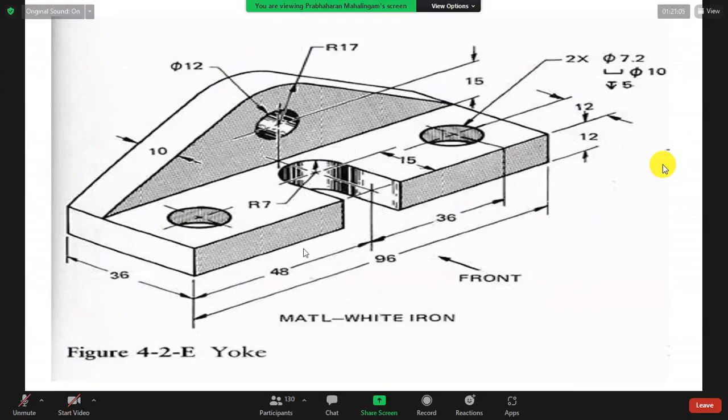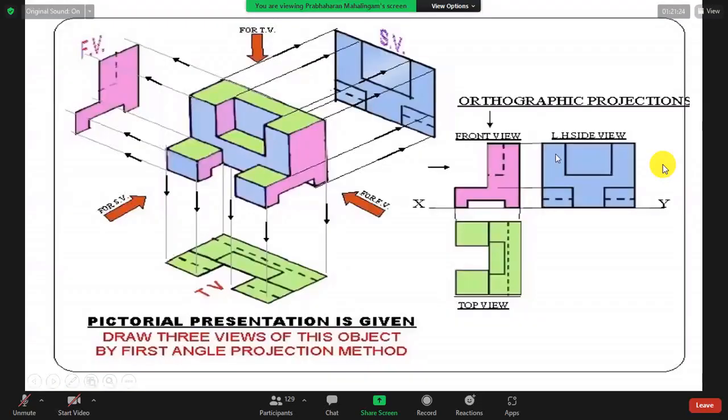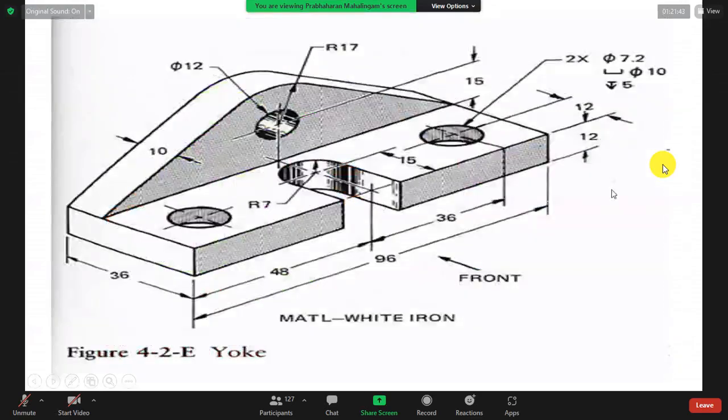So draw. First you draw top front. Bottom, top is front, bottom is plan, side is a side. So like this diagram, right? Front, top, side. Always plan is above or behind the front. Always. So these two are up and down. So side will always be on one of the sides. Okay. Draw this. I will give you 5 minutes time.